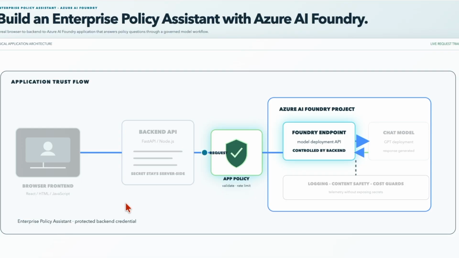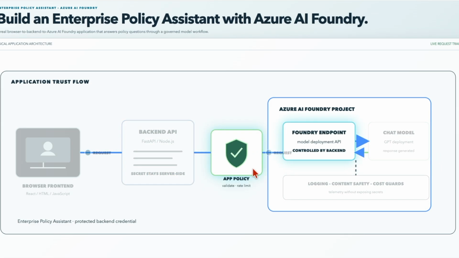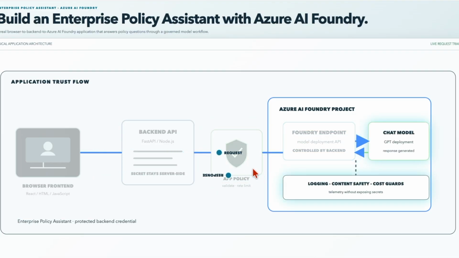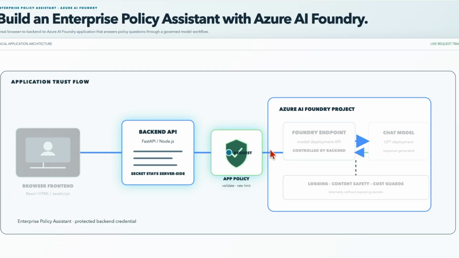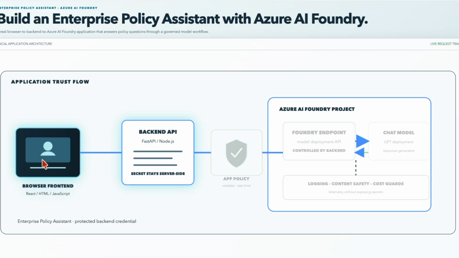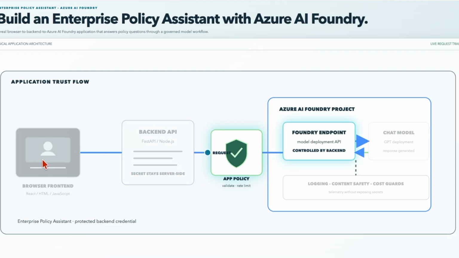The final application flow is chatbot frontend, local FastAPI connector, which is the backend, the new Azure AI Foundry agent created in this video, agent instructions and knowledge source in Azure AI Foundry, and grounded policy answers back to the chatbot. The local FastAPI application is only the connector for this real hands-on demo. The AI behavior, model, policy knowledge, grounding, and agent configurations are handled in Azure AI Foundry. The application flow is browser frontend, backend, policy, Azure Foundry, where we have model, agent, logging, content safety, cost controls,